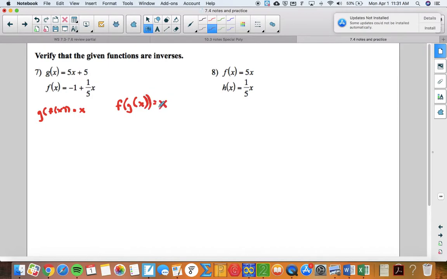In other words, the functions map one another back to the original input. If you want to start with f of g of x, that's fine, but this is the way I chose to write it down. So f of x is going to be the first input. So this is going to get put in place of x in the function g. So 5 times